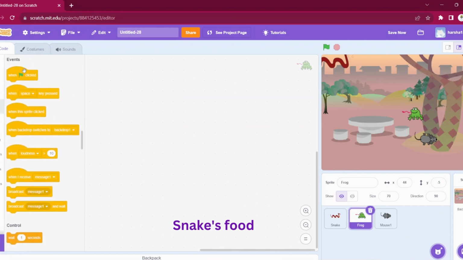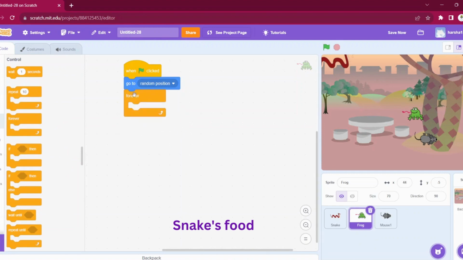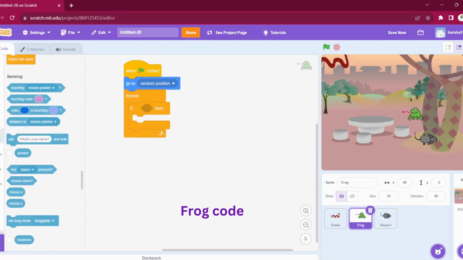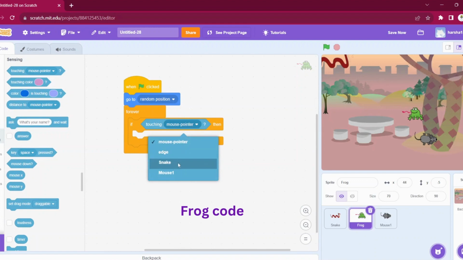Let us go to events, when the green flag is clicked. Go to random position. Now let us take a forever block. We'll go to a random position, but whenever it is touching the snake, we want the eating effect, right? So for that, let us add some condition. If then, and go to sensing. For sensing, we will add touching. So whenever the frog is touching the snake,